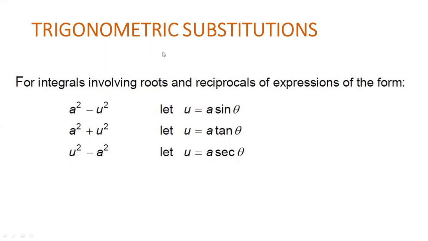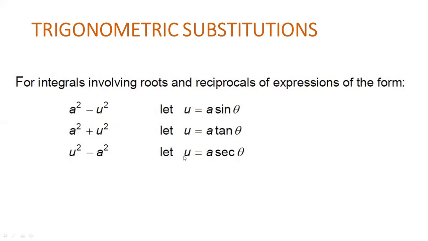The question is, when are you supposed to use this particular method? When you have integrals involving roots and reciprocals. So take note, when integrals involve roots like square root, cube root, fourth root, fifth root, and so on and so forth, or reciprocals of these expressions,